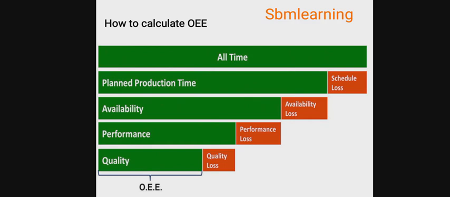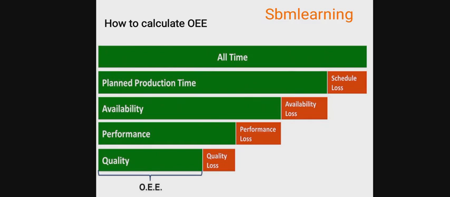So what I will do is 20 hours divided by 22 hours. My available time was 22 hours, from which I have removed changeover loss, breakdown loss, startup loss, 2 hours. So now my 20 hours is run time, on which I am going to run the machine. So 20 hours divided by 22 hours, I am going to get my percentage, which will be my availability percentage. Now I will talk about performance.